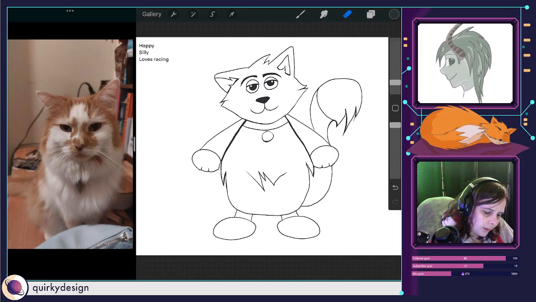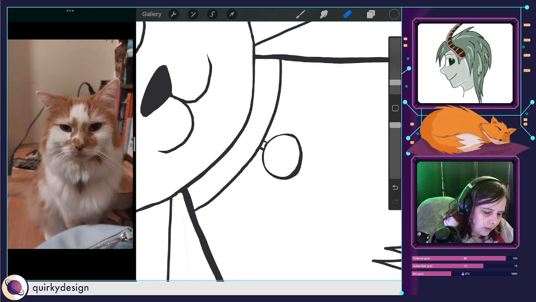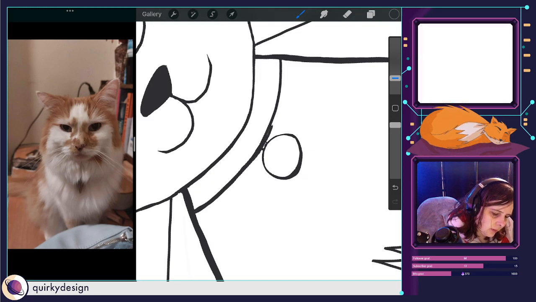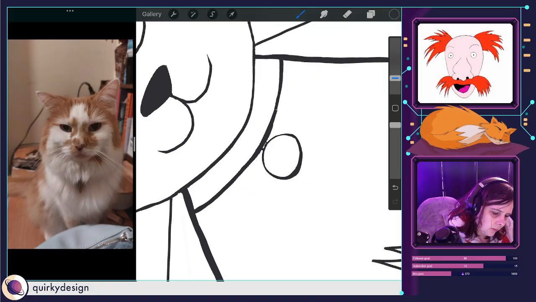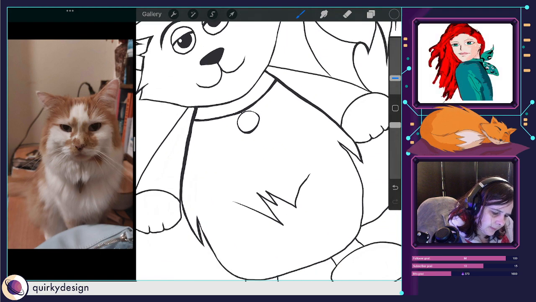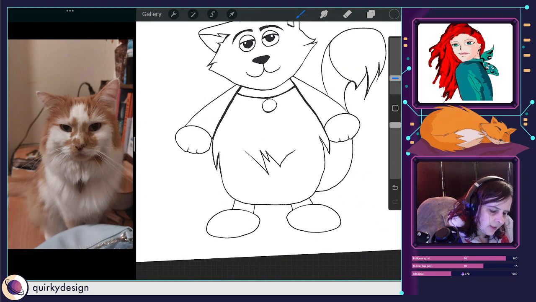Still unsure about this, but I think if I put more thickened lines in, it won't stand out as much. At least that's my idea anyway.